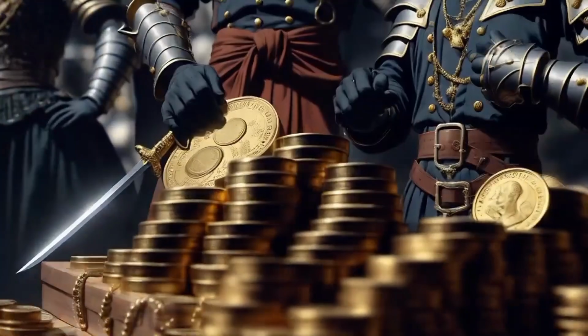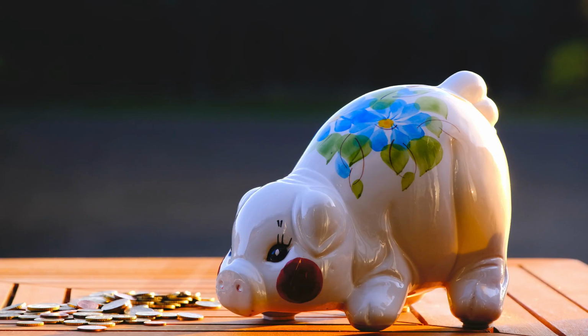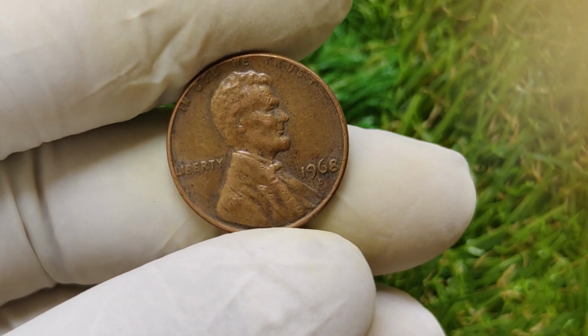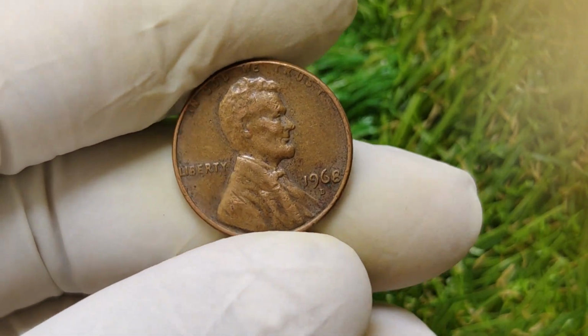You might even have one sitting in a jar or drawer right now, so grab your magnifying glass and get ready to dig through your change, because one of these pennies could change your life forever. Make sure to stick around until number 1, because it's a true legend in the coin collecting world. Let's get started. We're talking about the 1968 D